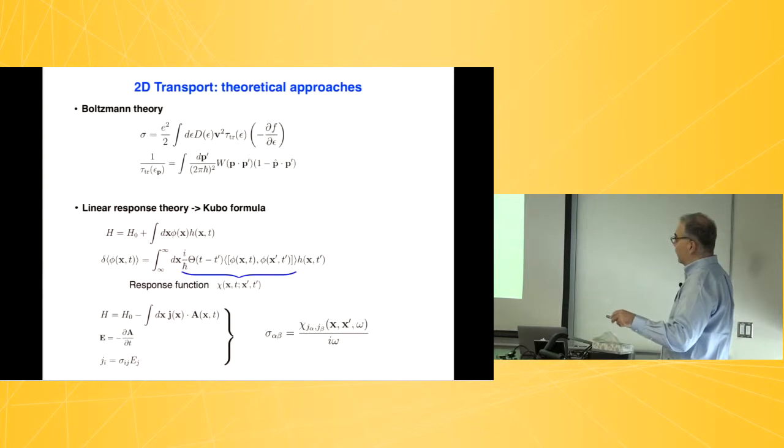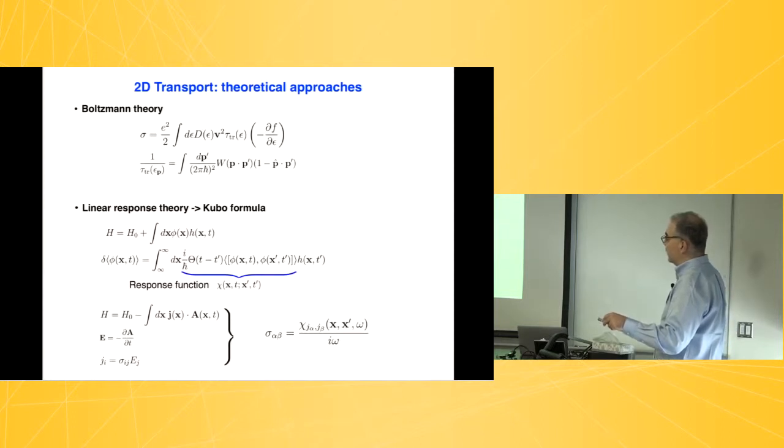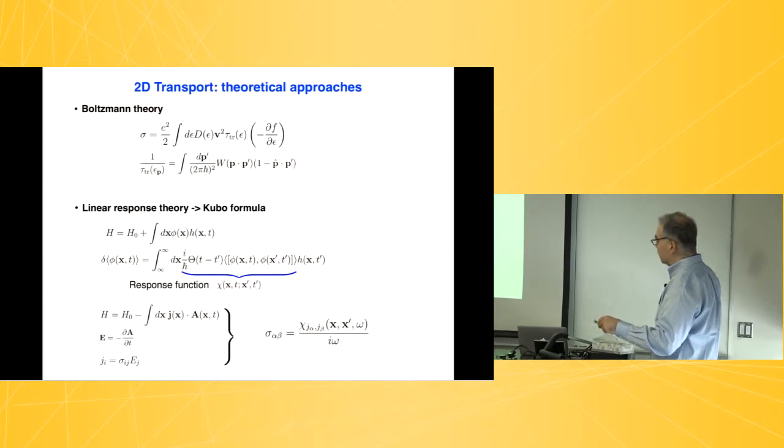And then if you do that, you find out that the response, the expectation value of your field phi due to this perturbation field H, can be written in this form. It's an integral over all times of this field H multiplied by this prefactor, which is what we call the response function of the variable phi to the external field H, and it turns out to be equal to the expectation value of the commutator of phi with itself, evaluated on the ground state of the unperturbed